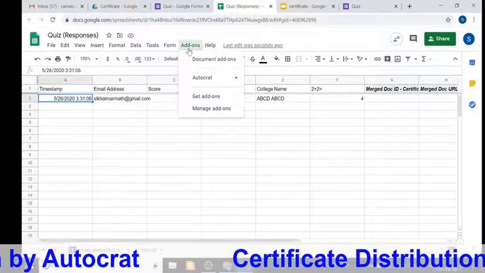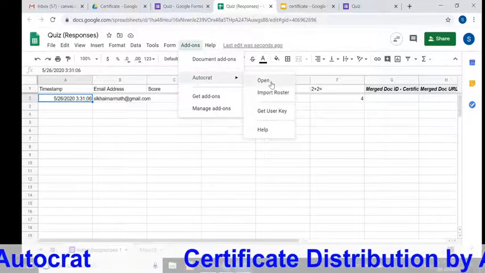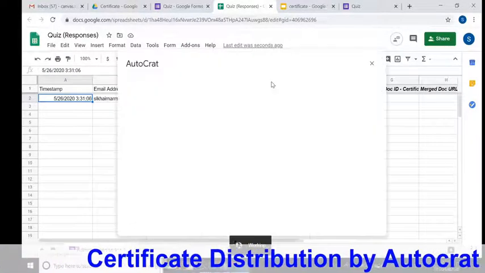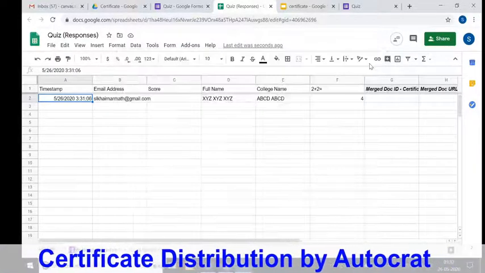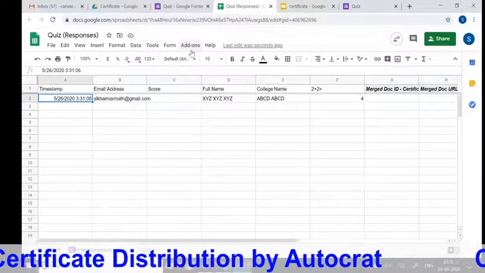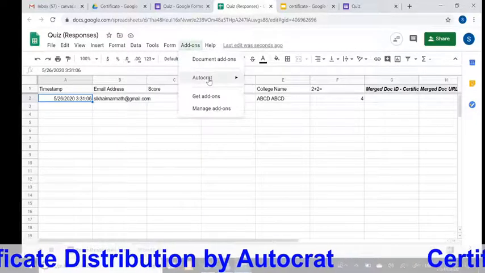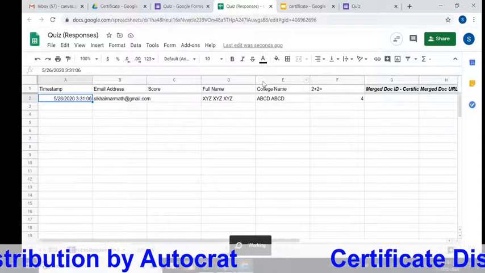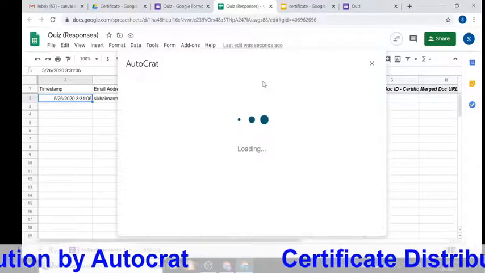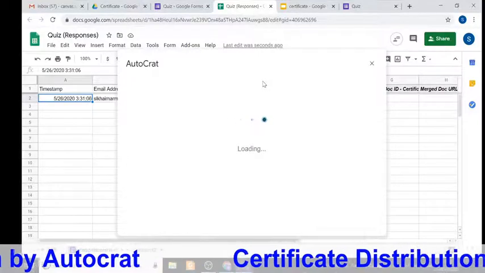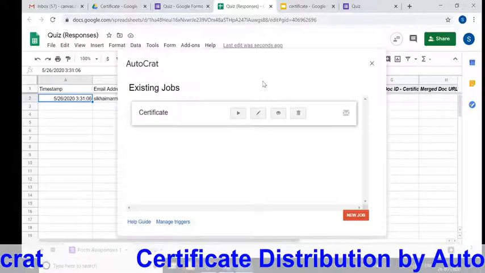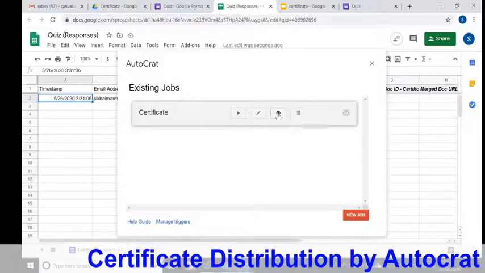Now let us check Autocrat. Open Autocrat. Click on preview job detail.